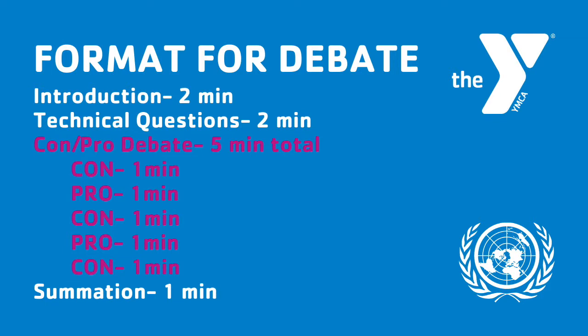So the next part of debate is where we move into the pro-con rounds. There are 3 con rounds and 2 pro rounds. They go con, pro, con, pro, con. So con starts off debate and it finishes. That's another reason why you need to save time for your summation. If you're the patron of the bill, you want to be able to have the last word, so make sure you save time for it.